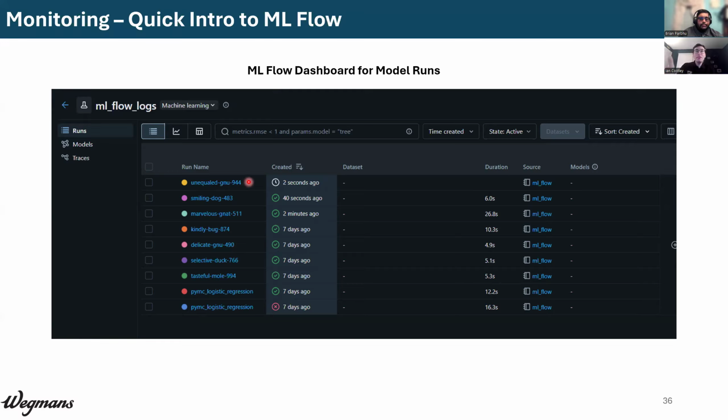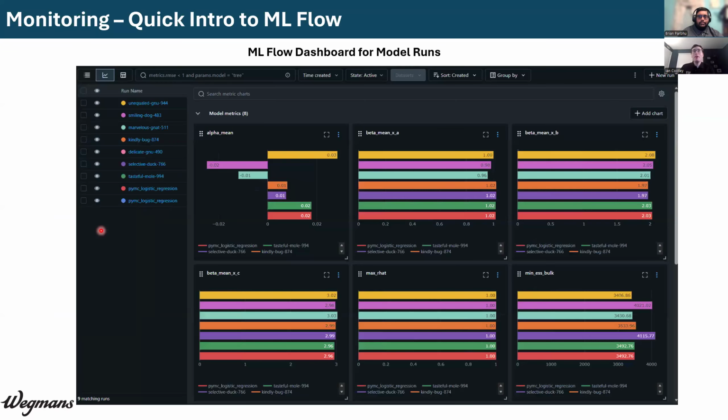We can also use this dashboard to just click around and understand how our models are behaving across runs, whether this is in production, right? So I'm trying to monitor drift, and every day I wake up with my coffee and I go to see how Mr. Logistic Regression did overnight, right? Or if I'm doing experiments throughout the day, how it's performing. So I can look at this little trends tab and I can see how these parameters are changing throughout my experiments, right? So maybe I'm seeing if beta mean is what it should be doing,